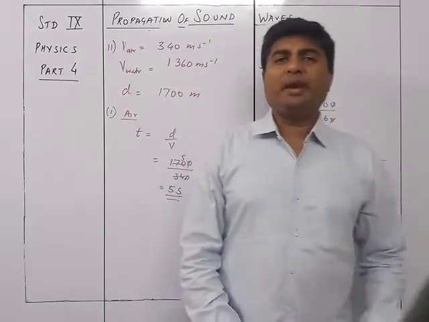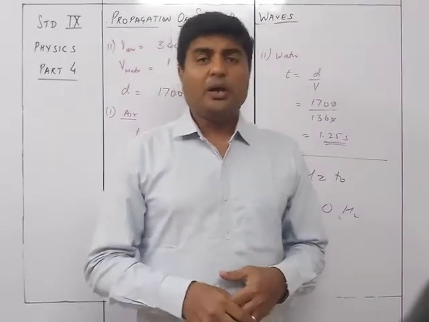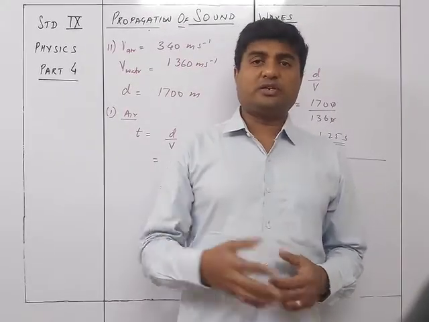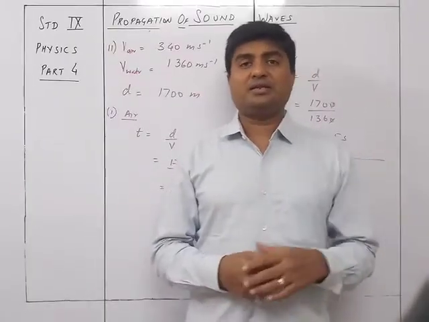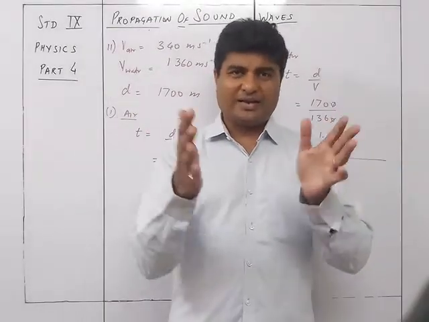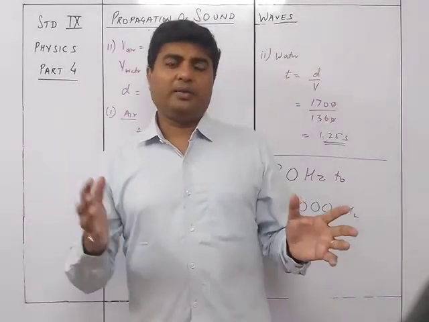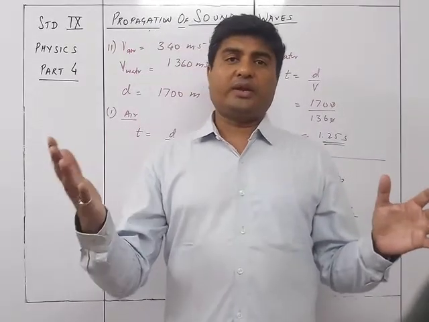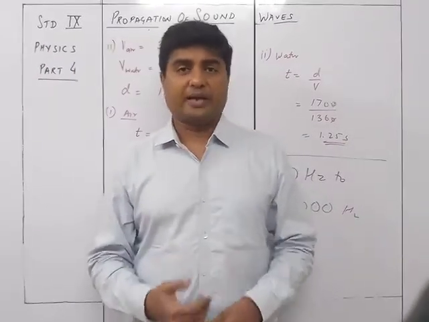So, normally it is seen that the average is 20 hertz to 20 kilohertz, because very small children can listen up to 30 kilohertz, whereas adults can listen up to 12 kilohertz. So we took the average of the two and got 20 kilohertz. So that's why the range at which we can hear is going to shorten as the person becomes old.